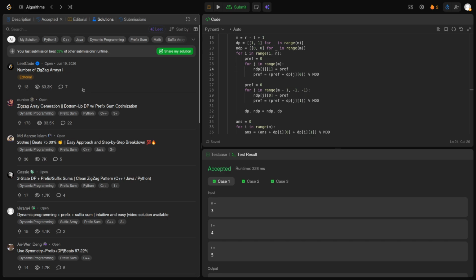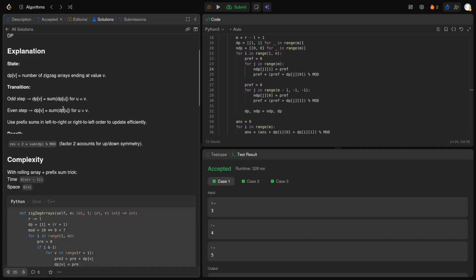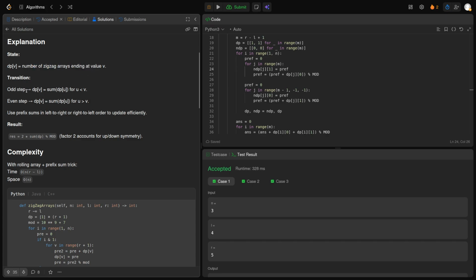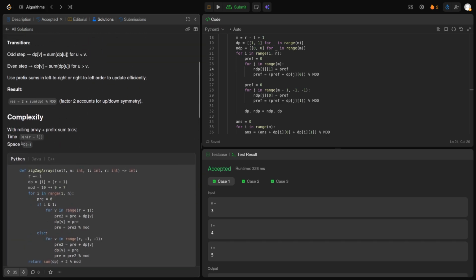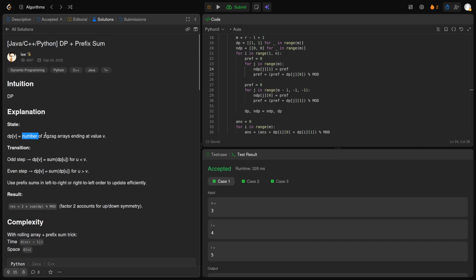Solutions. And this is just AI generated garbage from Indians. Number of what? Number of ZigZag arrays ending at